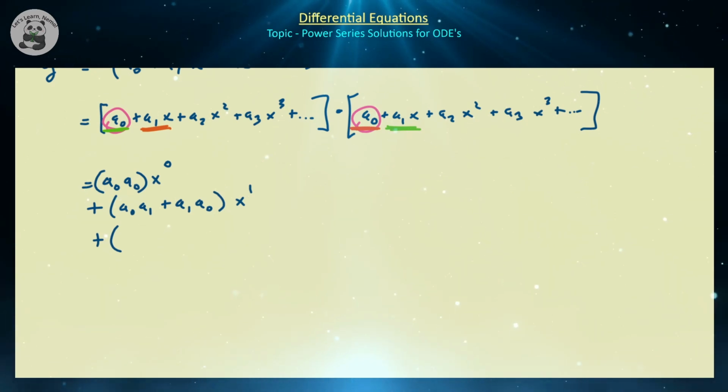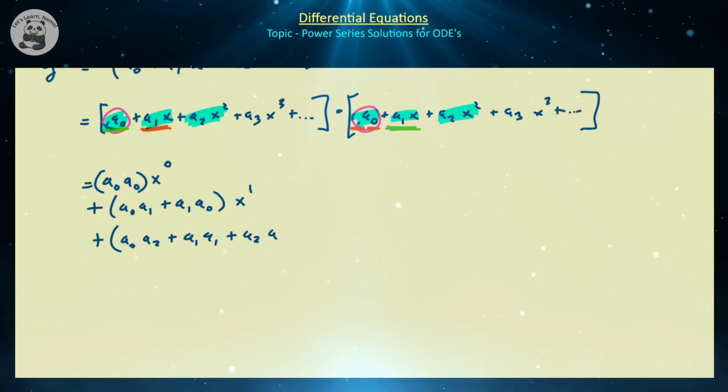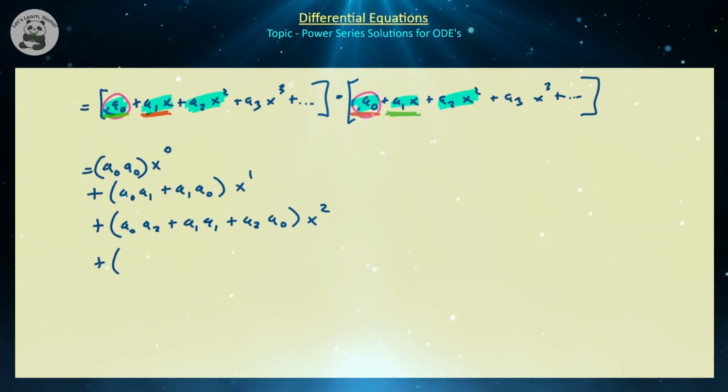Any of those will be perfectly okay. So for example, we have this a0 times a2x squared, we have this a1x times a1x, and we have this a2x squared times a0. All of them are going to generate quadratic terms. So we're going to have a0 times a2 plus a1 times a1 plus a2 times a0, all times x squared. And you can apply the same logic for x cubed, but there's actually a nice pattern that comes fairly quickly